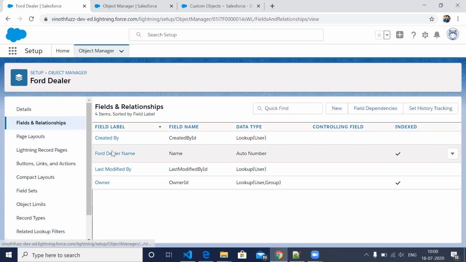Automatically these fields are created: created by, last modified by. These are called Salesforce fields, and they will always be created. And this is the field name, the auto number.